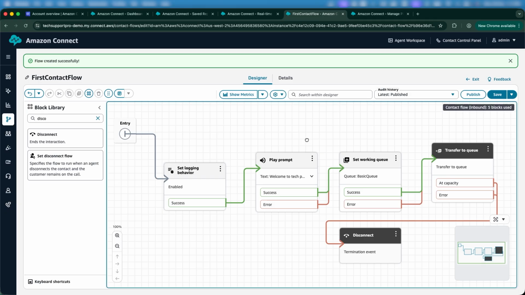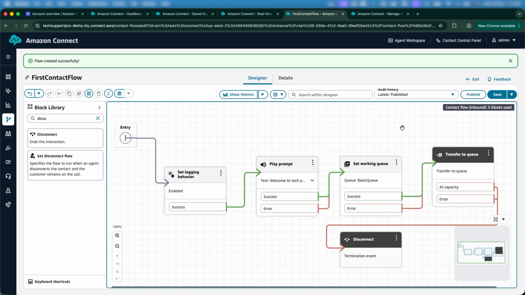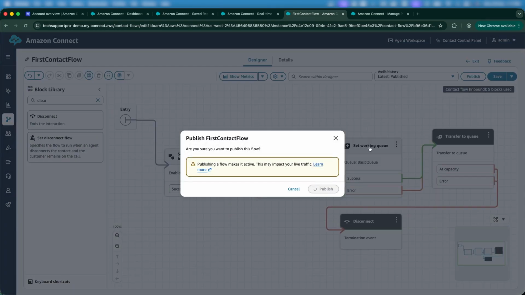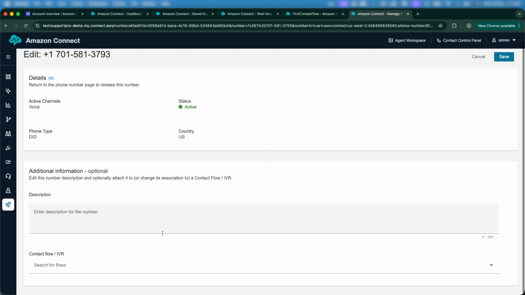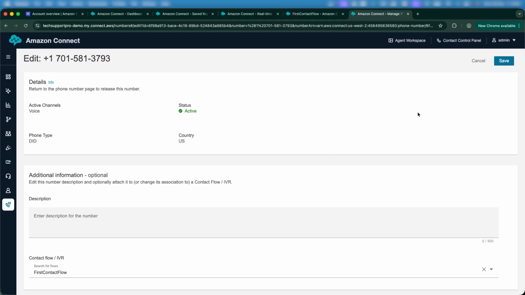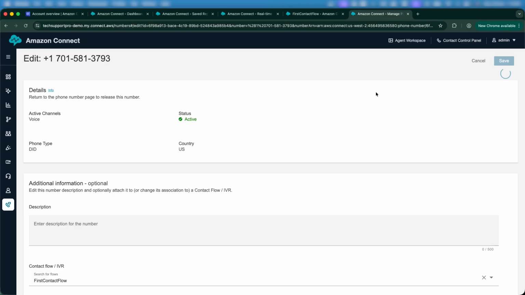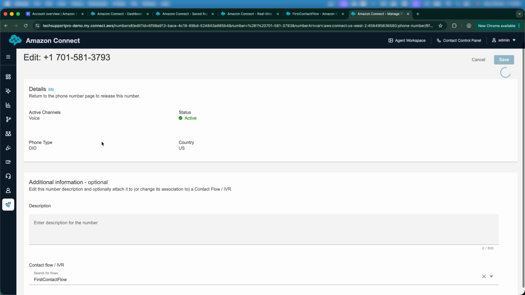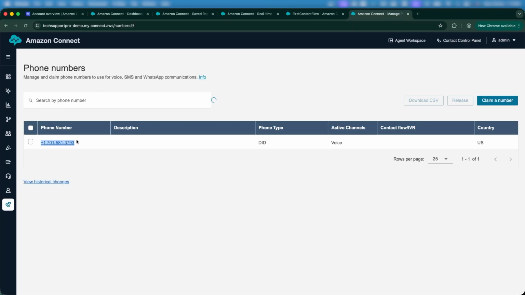Remember, in this group of tutorials, anytime you build a flow, ensure you save and then you publish it before you're able to use it. We will talk more about that in the next video. So I'm going to look for my contact flow, and then I'll click on save. So now I can place a call to this phone number, and then I'll be able to access my contact center. So I'm going to make myself an agent, and then I'll place a test call with my phone,